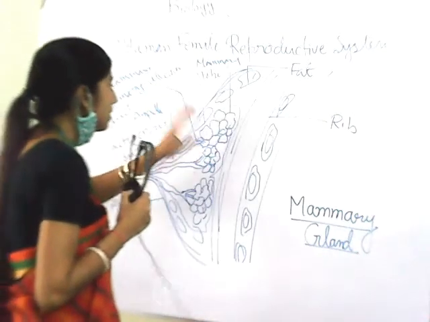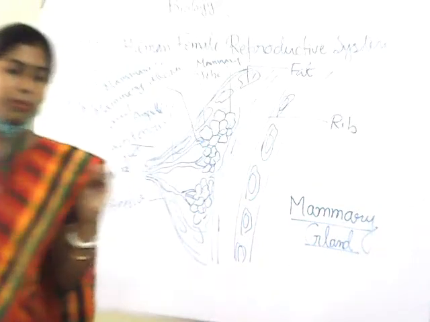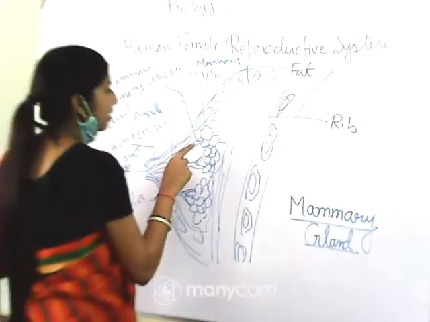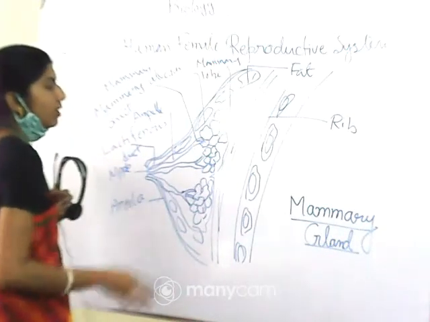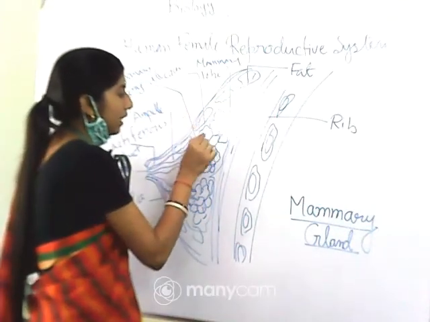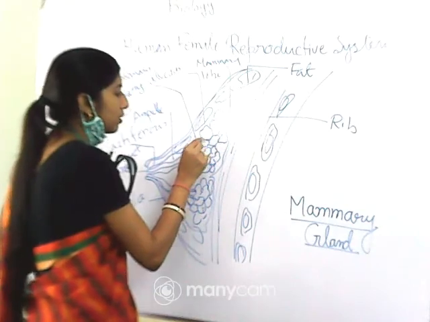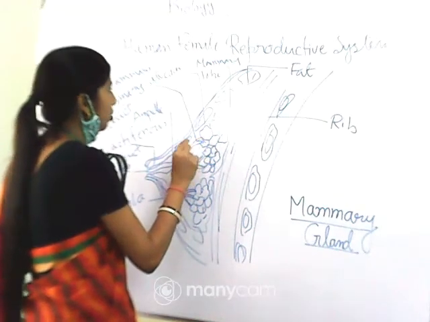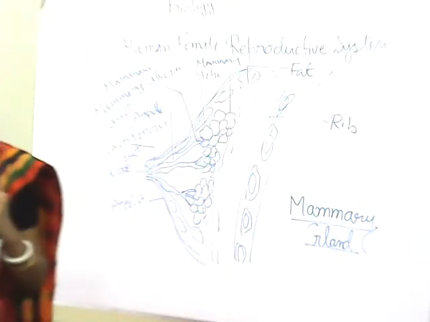Okay, so the milk will be secreted from the alveolus, and this milk will be stored in the lumen or the cavity of the alveoli, and the alveoli will open into a mammary tubule, the tubules will join into a structure which is considered as mammary duct. Okay, so the milk will first be produced inside the alveoli, and then through the lumen it will pass to the mammary tubule, and then it will join to the mammary duct. Clear?